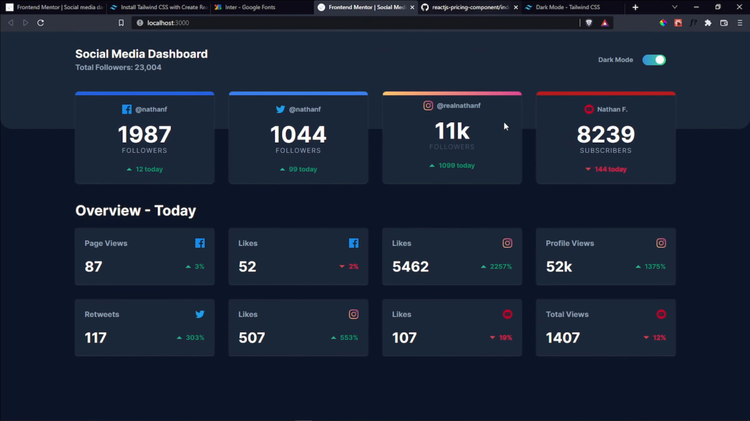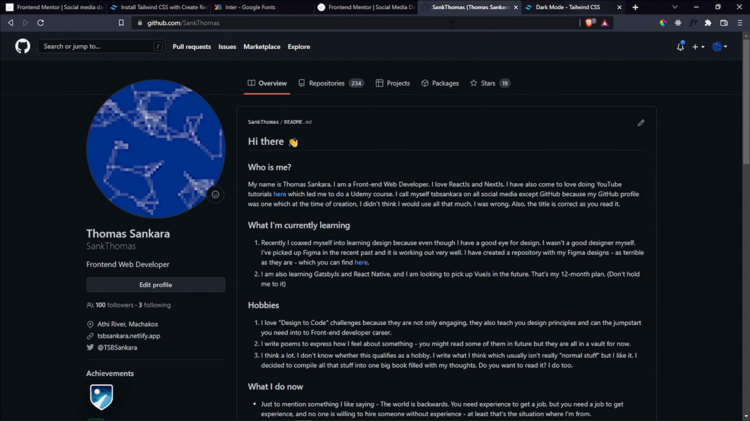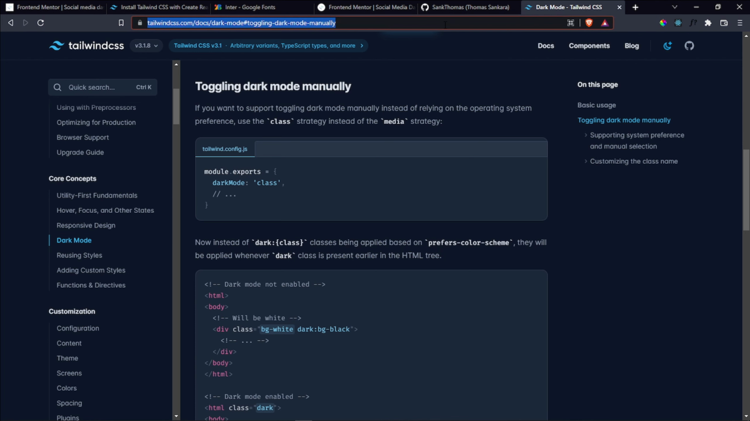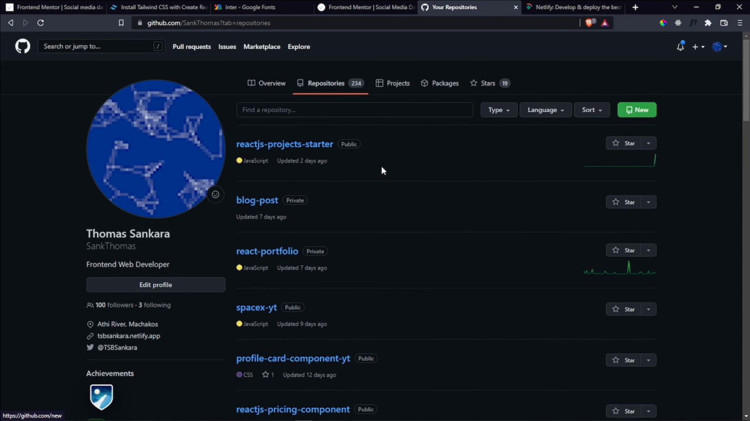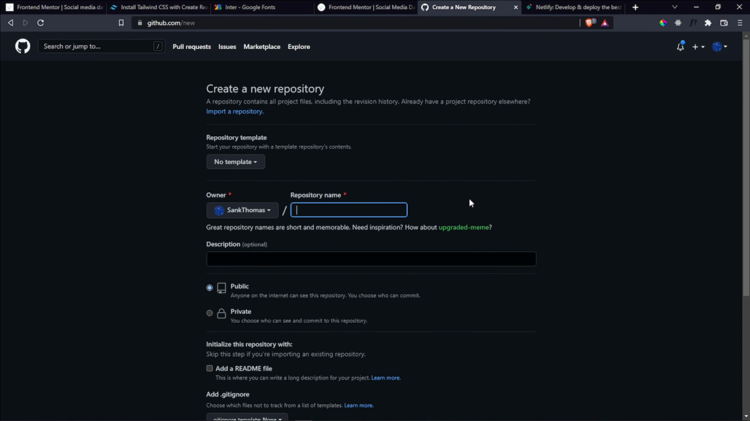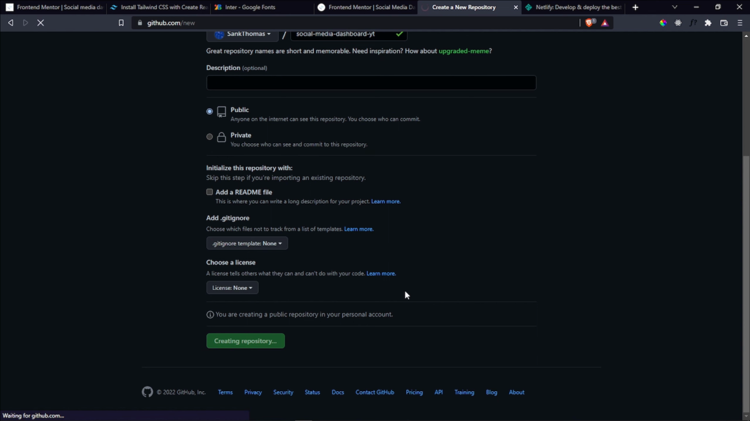So let me go ahead and create a repository for it. Let's go back inside here. Let's create a repository, and then let's also deploy our application to Netlify. So let me open Netlify. Let's go ahead and create a new repository. So new repository. Let me say social media dashboard -yt, and then let's say create repository,